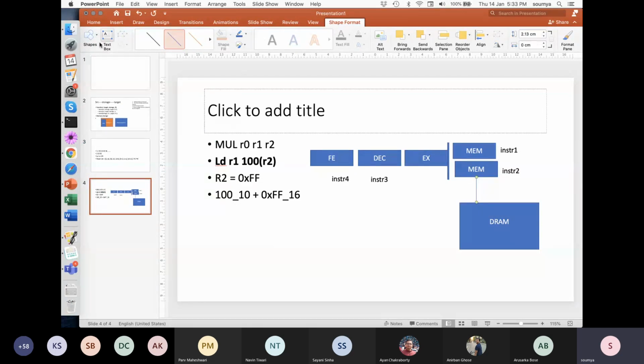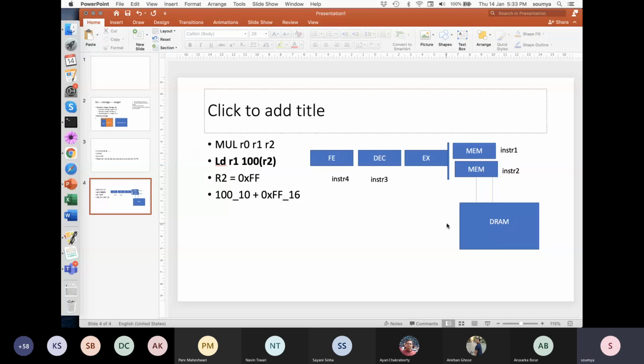But if I make it a multi-port memory, that means this memory has multiple read-write ports, and that would mean I can issue two memory requests and get the data from the memory in two parallel reads. So the way we are solving this is we are modifying the design of the system. We are modifying the structure of the system. That is why fundamentally this is a structural hazard. Got it?